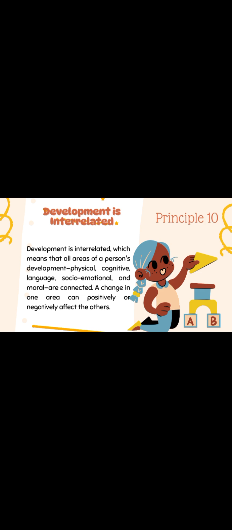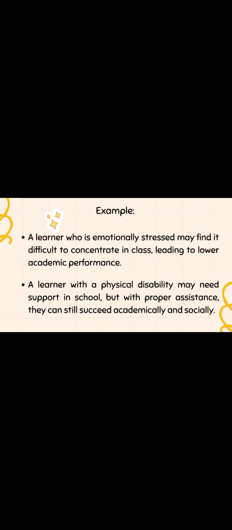Principle 10. Development is interrelated, which means that all areas of a person's development, that is physical, cognitive, language, socio-emotional, and moral, are connected to each other. A change in one area can positively or negatively affect other areas. So, for example, a learner who is emotionally stressed may find it difficult to concentrate in class, leading to lower